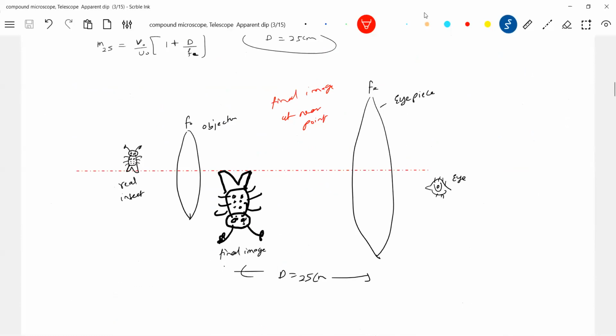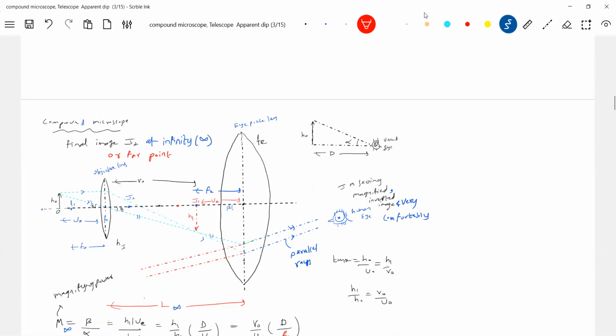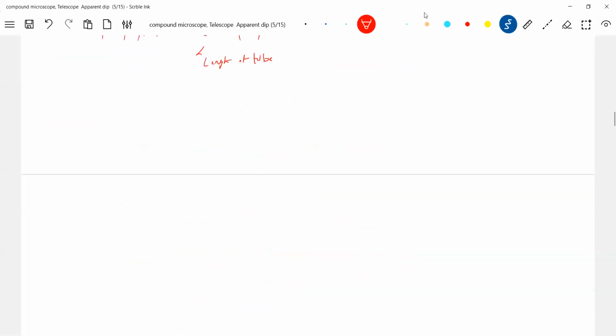Okay, this diagram. At what distance will the specimen be? At a distance of u naught. There's an object, there's an image. So the object is at a finite distance from the objective lens. That's what happens in a compound microscope. Now, what is a telescope? It's an instrument which is used to view objects which are far away, like terrestrial objects, like heavenly objects, like a